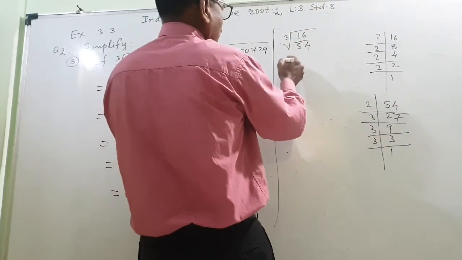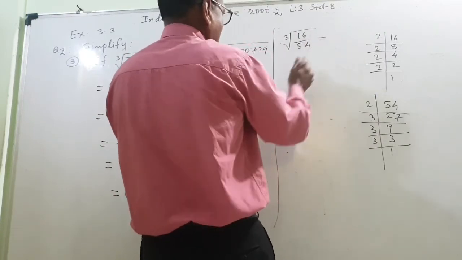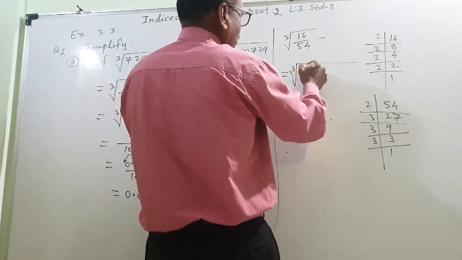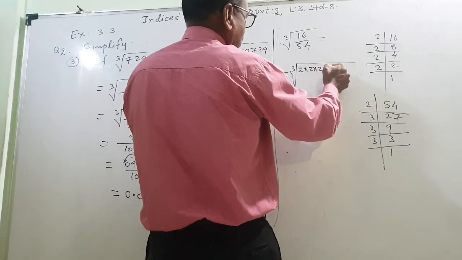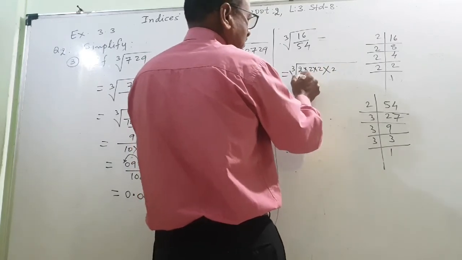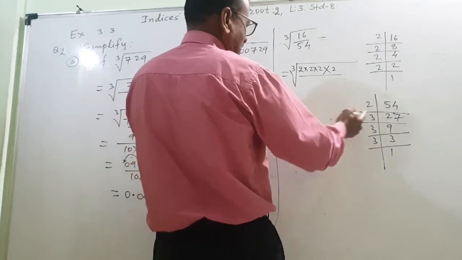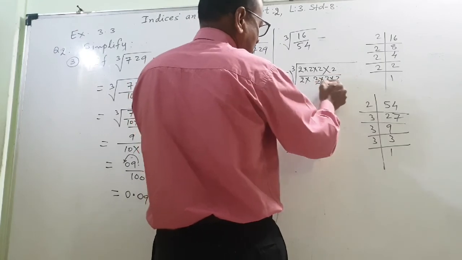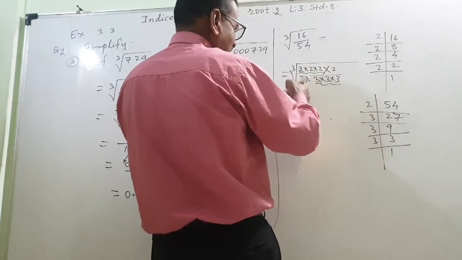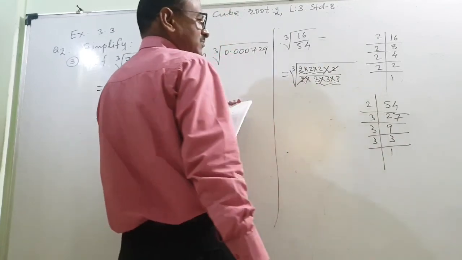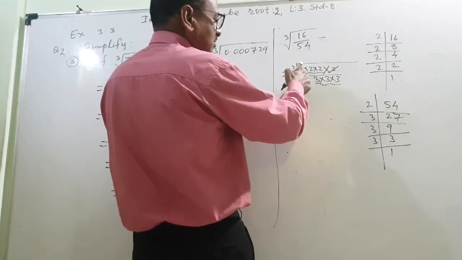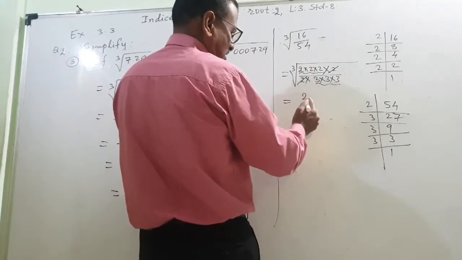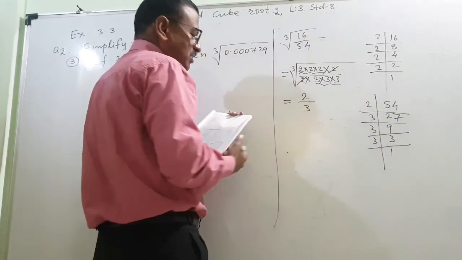So this is equal to, you will write like this. Cube root of 2 into 2 into 2 into 2. This is the group of 3. Then this 2 into 3 into 3 into 3. This is the group. This is the group. But this will get cancelled. This will get cancelled. 2 1s are 2. So now see that the group of 3 is remaining. So 2 and this upon 3. So the answer of this is 2 upon 3.